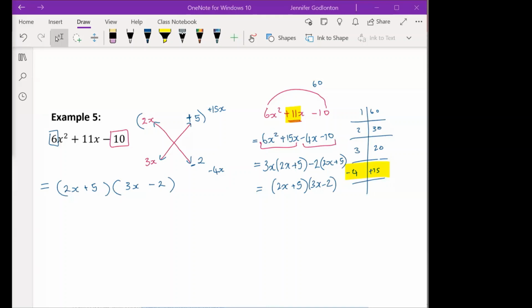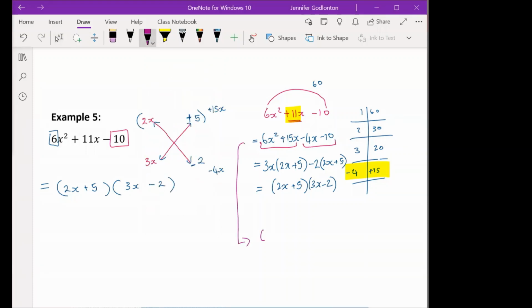Yes, ma'am. I think with these ones, you want to try and find numbers that are going to go together. It sort of just becomes habit. Eventually you'll figure out which one goes where. But if you had put the 4 before the 15, for example, and you took out the highest common factor of both sets, you would see you didn't get a common bracket. So then it will turn out okay in the end anyway. It's all the same. But let me show you, so that you don't panic.